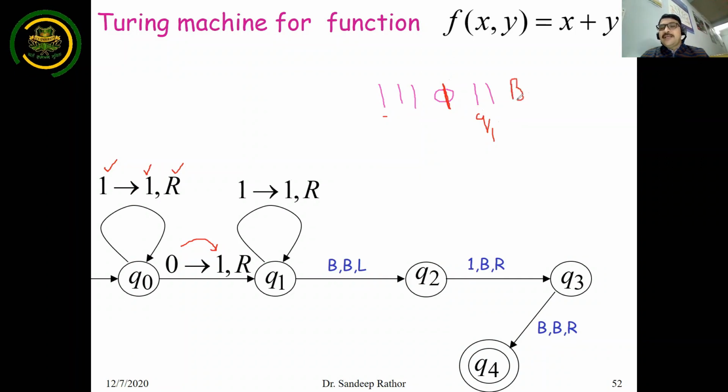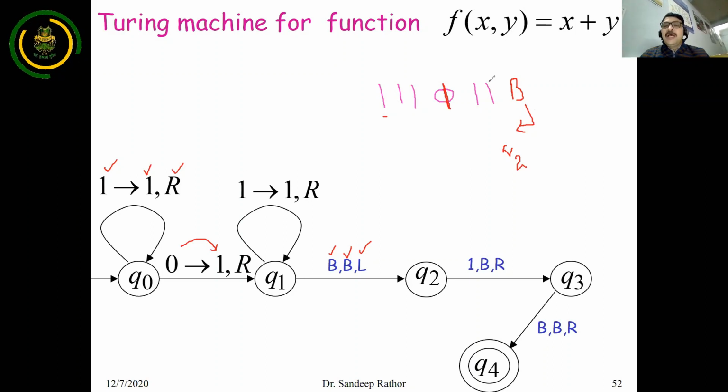And finally, after the end of the string, you will find the blank sign, as we usually use in the case of the Turing machine. So if you find the blank sign, just read the blank, write the blank, and move towards the left. After reading this blank sign, the direction is left, and the state will be q2. Clear? So this is the representation after moving towards the left direction. Now you are in the q2 state, and after moving towards the left, you will find this blank sign,